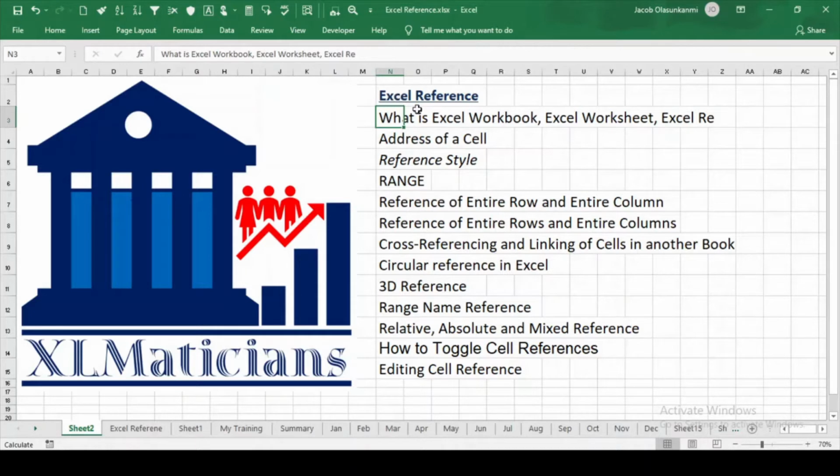Today I'll be taking you on Excel reference. Excel reference is very key to your understanding and your success in Excel. So under this Excel reference, we'll be looking at what an Excel workbook is, what an Excel worksheet is, and what Excel reference is. We'll look at the address of a cell, we'll look at reference style, we'll look at range, we'll look at reference of entire row and entire column, reference of entire rows and entire columns,